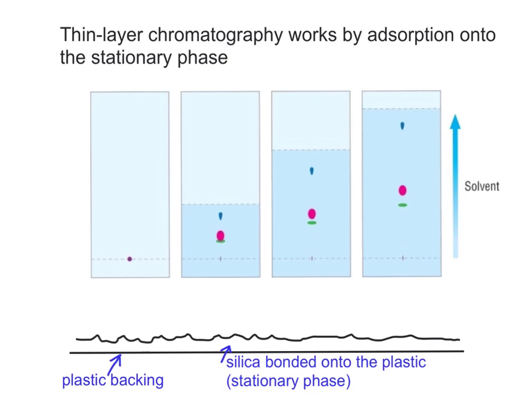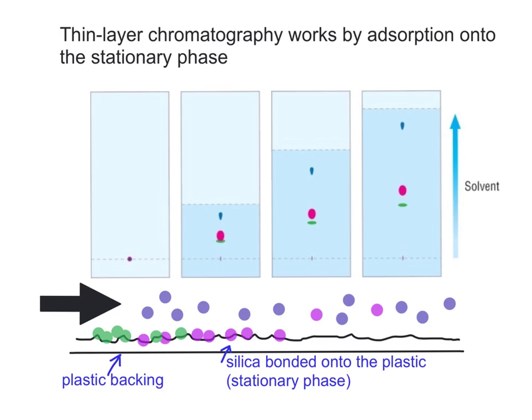The stationary phase will be some silica bonded onto a plastic backing, and it will be cut into small pieces, roughly about the size of what you have on the screen, and they can be dipped into a solvent, and the solvent is the mobile phase that moves up the TLC plate. If you imagine the black arrow representing the solvent moving from left to right, each of the dots in different colours represents the components that are in the mixture in the diagram that shows the 4